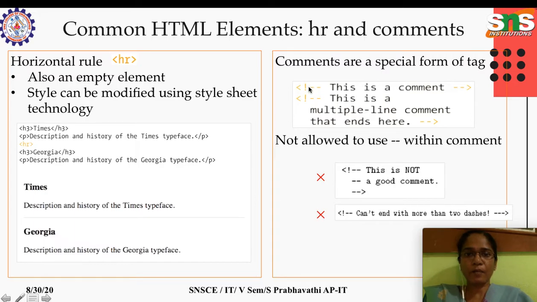So open angle bracket, exclamation, hyphen hyphen, followed by whatever the statement we need, and it should end with hyphen hyphen close angle bracket. So this is the single line comment, and for multi-line also we need to use the same syntax. Okay, start with this tag, open angle bracket, exclamation, hyphen hyphen, and the comment runs to multiple lines followed by close tag, hyphen hyphen,